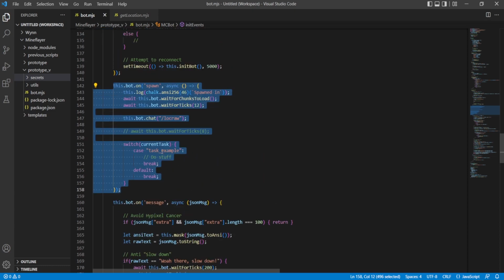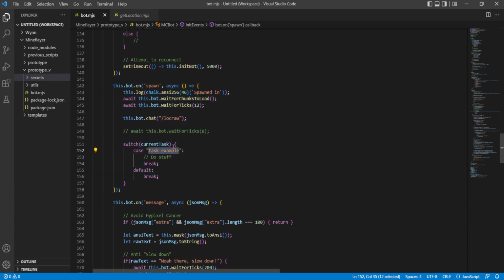And here you can see our first example of our tasks. Okay? This is very important. Tasks are like a general goal that the bot will have, and it's how we know what the bot is currently trying to do. So if we give it a certain task that we coded to do something, then it'll keep trying to do that thing until we change the task. I'll show you guys how to set and